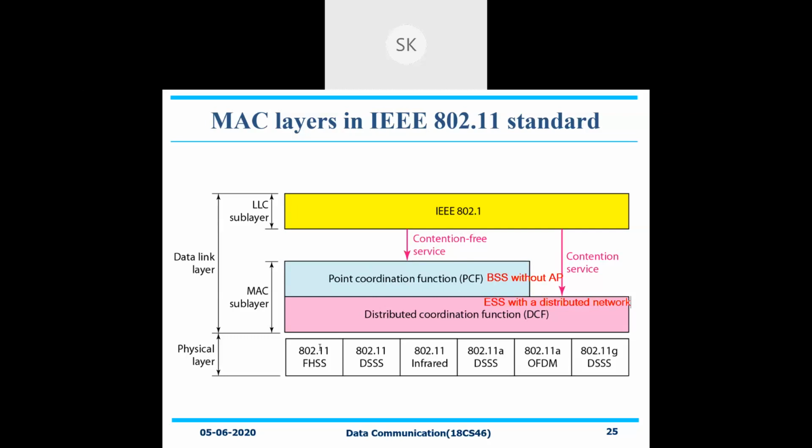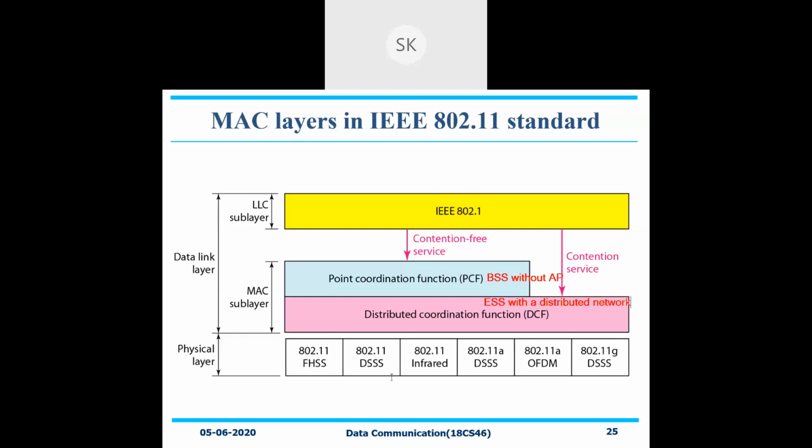In the physical layer, there are so many categories available. In this, I'll just take one by one. 802.11 FHSS, frequency hop spread spectrum. That is, your bandwidth will be spread according to that particular spread. It is based on the frequency that you are operating with, one particular frequency at a time, one station at a time. From that, what will be the next station? Like that, it will just be going on. This is the spread spectrum that we'll be using.